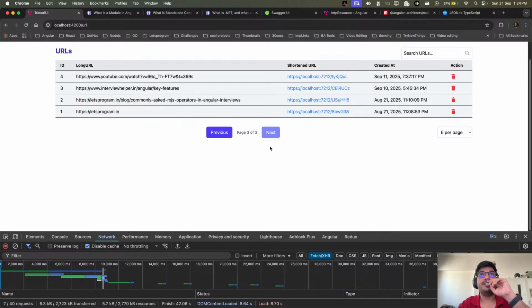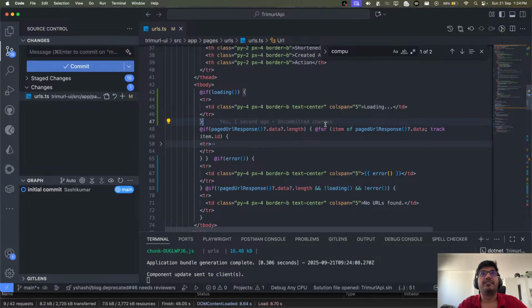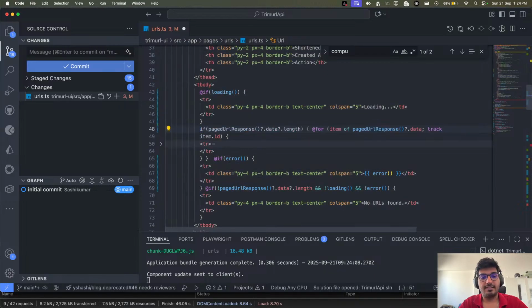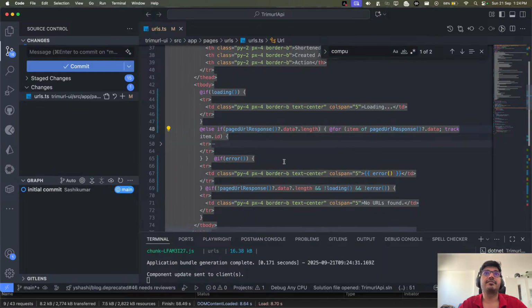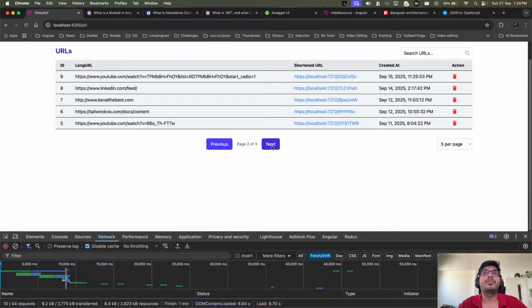So now if I add that, yes, okay, right. Now if that is the case, then we show this, and then we can put here @else if, something like this. If I say next, and that's how we can fix that.